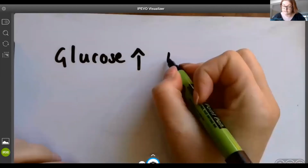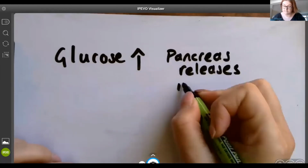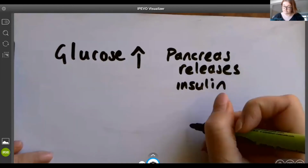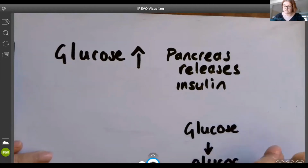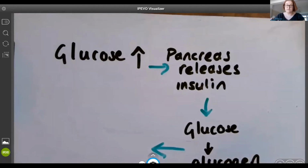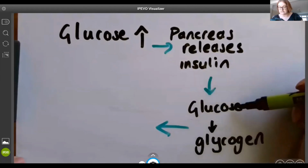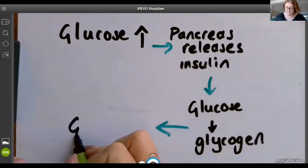the pancreas releases insulin. That's the next thing that happens. That causes glucose to get changed into glycogen. So if all the glucose has been converted into glycogen, and the insulin allows the glucose to enter the cells, and it allows the glucose to get converted into glycogen so it can be stored in your muscles and in your liver cells. And then what that is going to cause is that the glucose levels are then going to